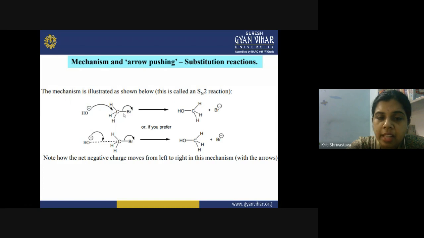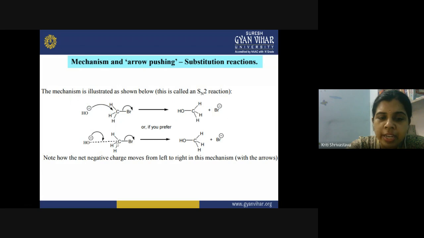They are also repelling the bromine to go away from the carbon. So this electron pair moves like this, in the direction of the bromine. What happens? Now the OH is getting attached to the carbon, and these electrons are now totally present on the bromide. The shared electron pair is now present on the bromine atom itself, and it is displaced by the hydroxide, which is a stronger nucleophile.